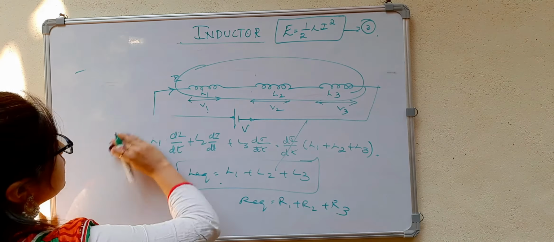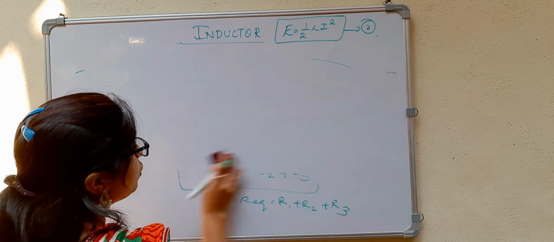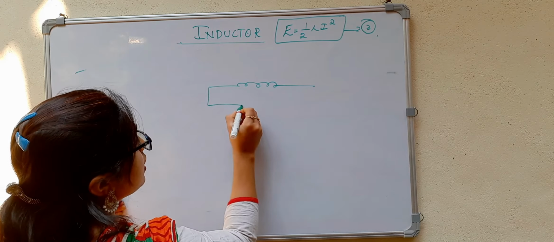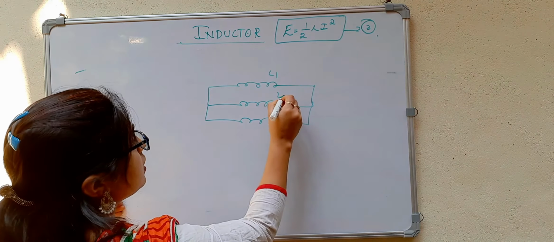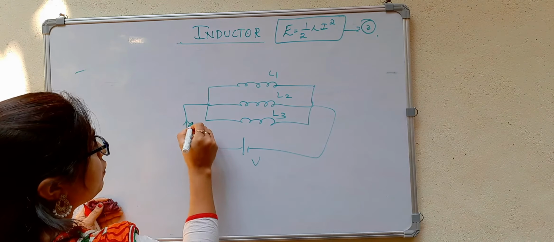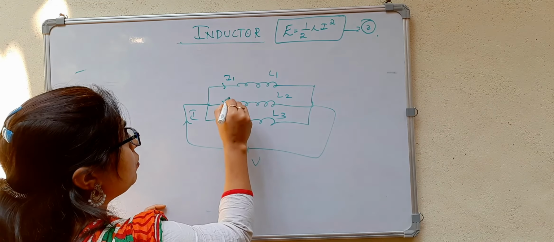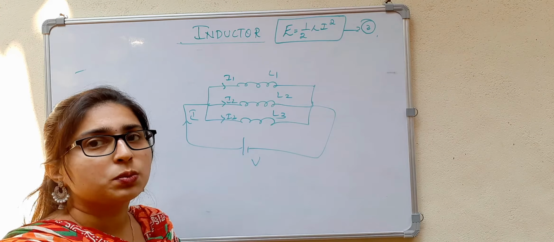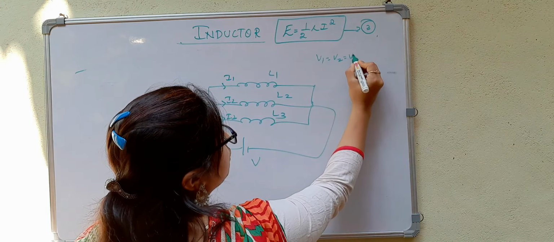Similarly, let us consider the inductors in parallel. That means the current has multiple paths to flow now. The inductors are connected end to end such that there are multiple paths for the current to flow. So let us consider 3 inductors connected in parallel. Voltage V is applied here and the current flowing will be I. Here the current divides, that is I1, I2, I3. But in a parallel combination, the voltage across the elements will be the same. So V1 will be equal to V2, equal to V3, equal to V.